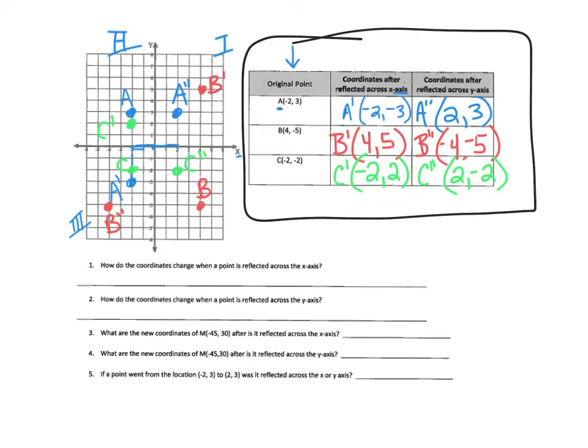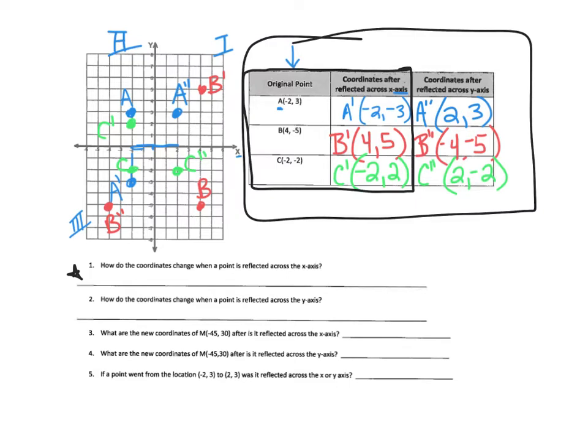So let's see if we can find some patterns or things that they have in common. Let's first focus on how the coordinates change when a point is reflected across the x-axis. Follow along with me here. I'm looking at just the first 2 columns. When a point is reflected over the x-axis, A went from being at negative 2, positive 3, to negative 2, negative 3. Point B was at 4, negative 5, and the reflection was 4, positive 5. C was at negative 2, negative 2, and the reflection was at negative 2,